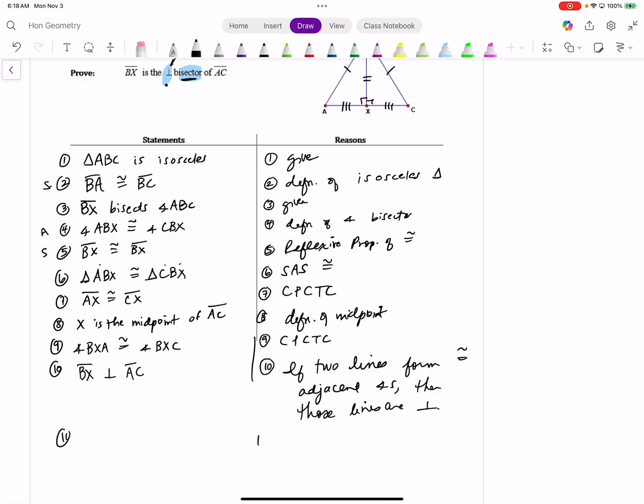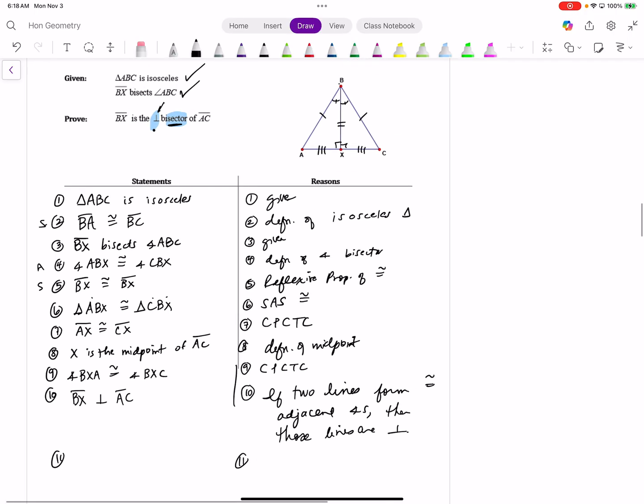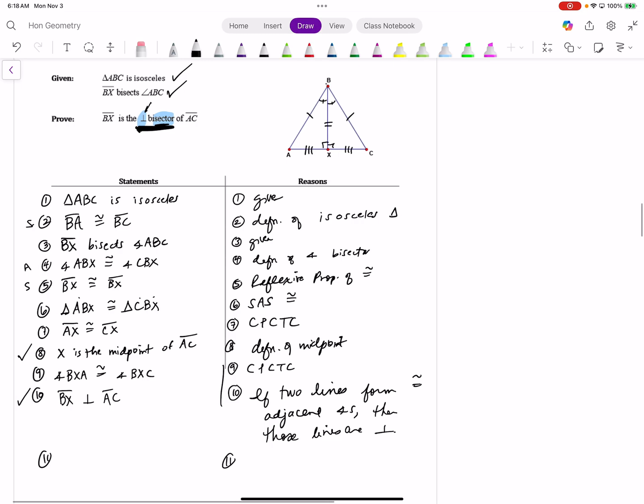And then let's see if we've got what we need. For it to be a perpendicular bisector, a segment has to be perpendicular to the other segment and it has to go through the midpoint. I said it went through the midpoint right there. I said it's perpendicular right there. I'm good to go. So BX